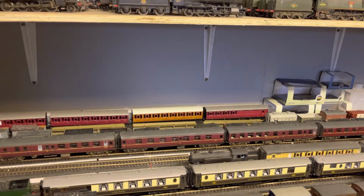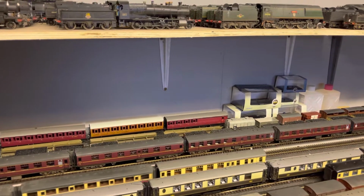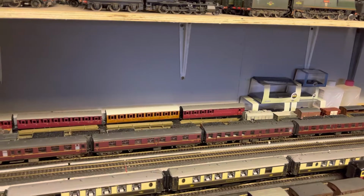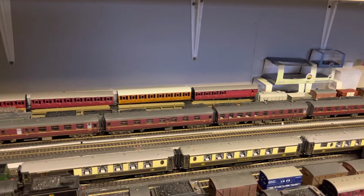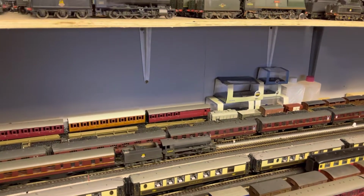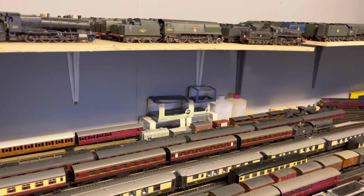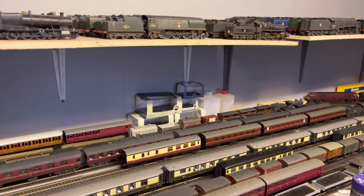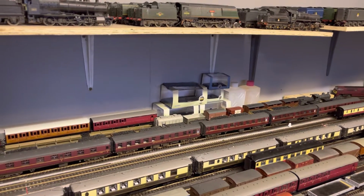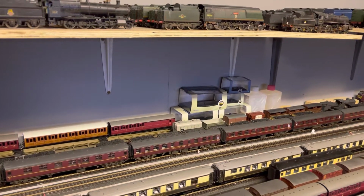But the biggest one really is I just lost my mojo for the whole project. I lost all ambition and drive to actually get anything done, produce any more videos. I've just lost all drive and focus really. So I made the decision to take a couple months off and just really crack on with getting as much of this layout done, ready for the next update as possible, because a bit like Richard of Everard Junction really,